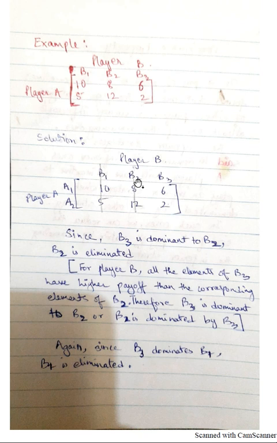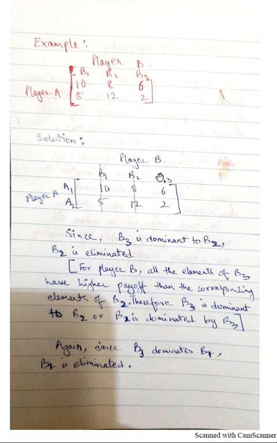Now let us compare B2 and B3. For the first row, this will be minus 6, this will be minus 8. Minus 6 is bigger than minus 8, so this will have a higher payoff than this. So B3 will have a higher payoff than B2, and again since this is smaller than this, B3 will again have a higher payoff than B2.